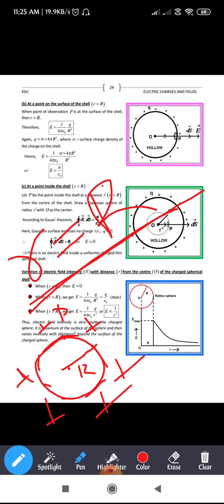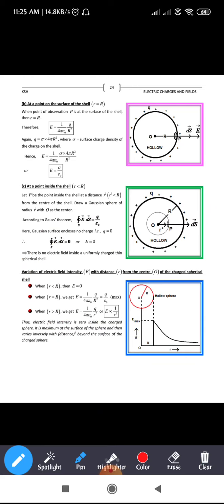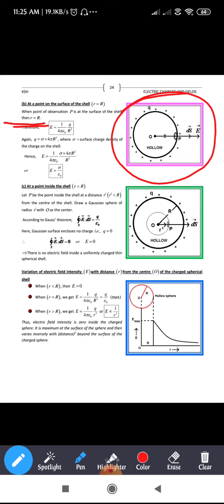With this, we need to calculate. The same thing you can see in this figure here, that is what they have given. See here, small r is equal to capital R. In order to find the electric field intensity at point P, we have done the same thing: we have taken a small area element, so that the area vector will be directed normal to the surface, that is towards the right. Similarly, the charges are positive, so the electric field will be directed towards the right. So the angle between them is equal to 0 degrees, hence cos 0 is equal to 1.